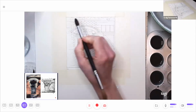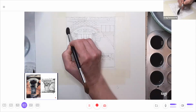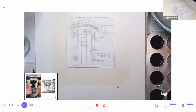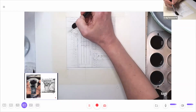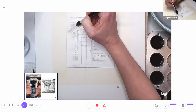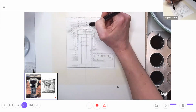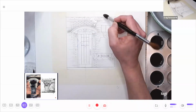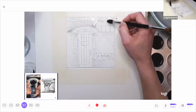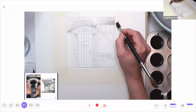Again, I want this wet. I don't want it to be a dry wash, so I can see a bead of water on here. And I'm going to transition pretty quickly to my first value. I'm going around the area that I want to keep light. I want to preserve that light. And as I move away from this light in the upper left corner,